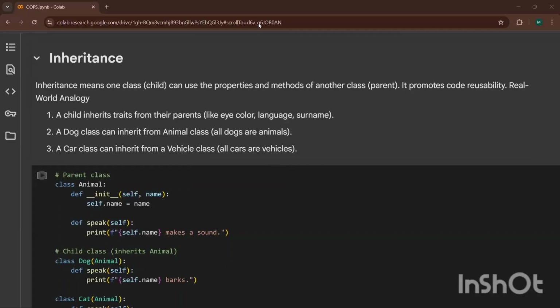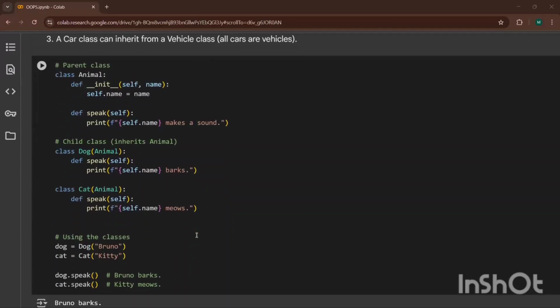So first of all, let me show you a simplest example of inheritance, and then we will do the types of inheritance. Very easy examples I have created this time. No tough thing. I'm creating a parent class whose name is Animal.